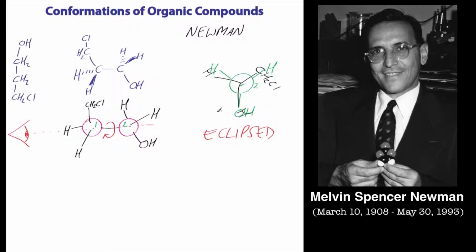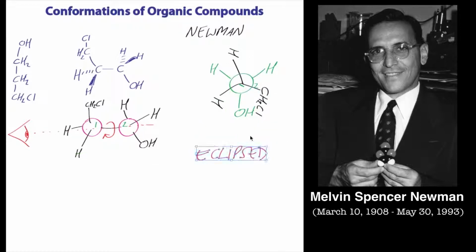As it rotates again, if we do another one, you rotate it again, and they'll become anti again. So you're basically going from an eclipsed, an anti, an eclipsed, an anti. But if we just rotate it a little bit more